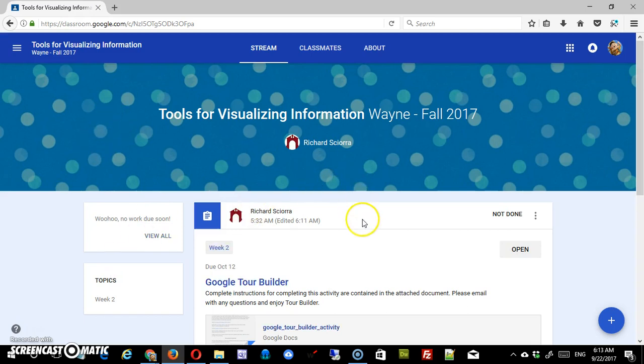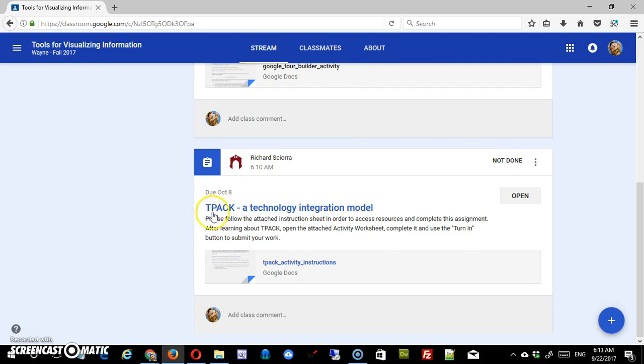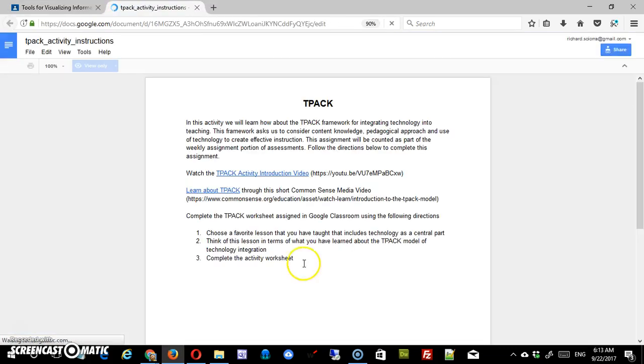Now I've logged into my classroom and you can see if I scroll down a little bit I'm going to find the TPACK assignment here. The first thing you'll notice is that you've got activity instructions, so you can click on those. It's telling you a little bit about TPACK up here, not too much. And then